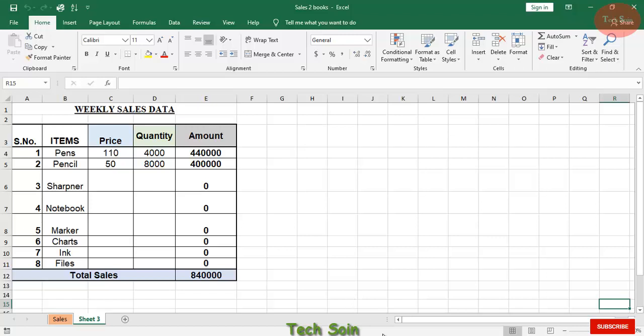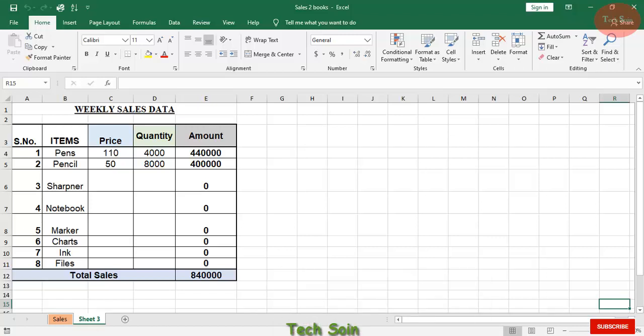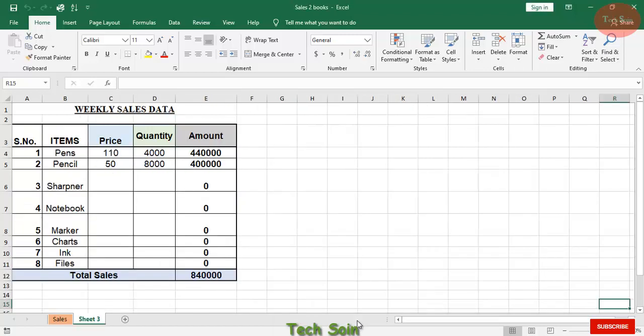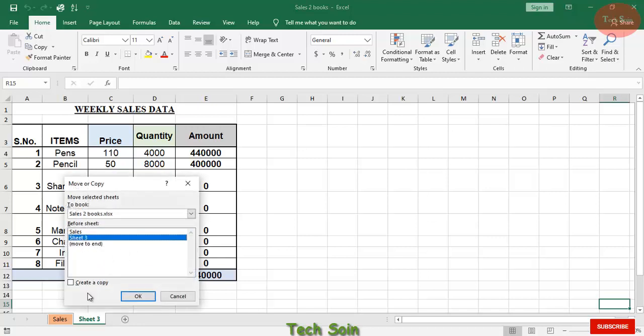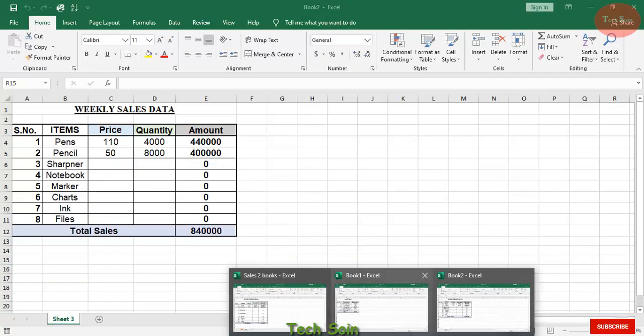You can see that selecting this option has moved the sheet completely to a new workbook without leaving a copy behind in the main one. But if you select create a copy, it will create a copy of the worksheet in another workbook besides retaining the worksheet in the main workbook.